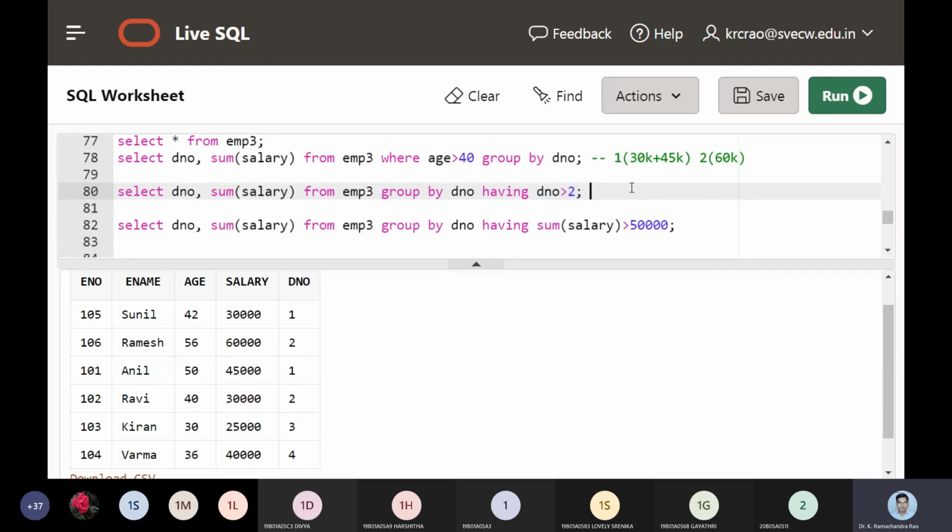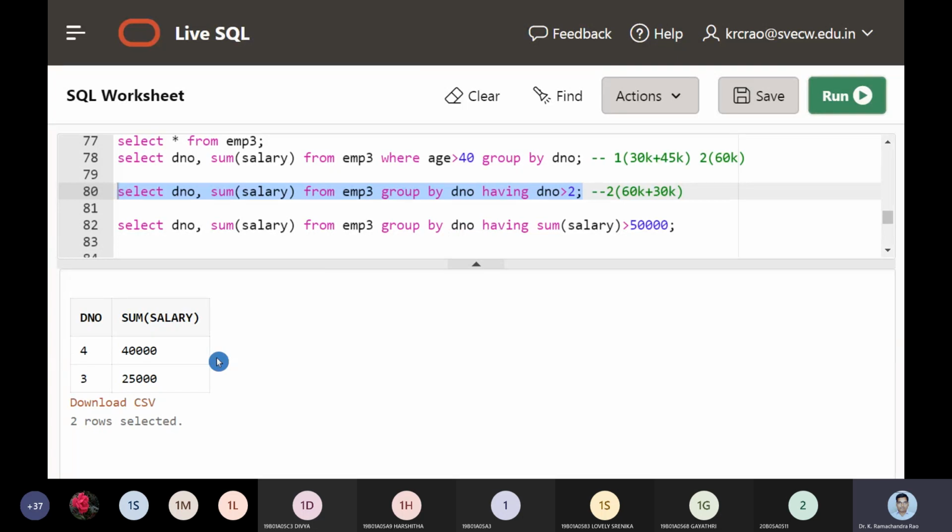So the answer we can expect will be the second content, that is 60K and 90K. We will be getting 60 plus 30K. We will be expecting 90K as the answer. Okay, I made an equal to operation here. Yeah. Okay, this is greater than. I didn't look into this. So this is what I'm going to get, 90K.